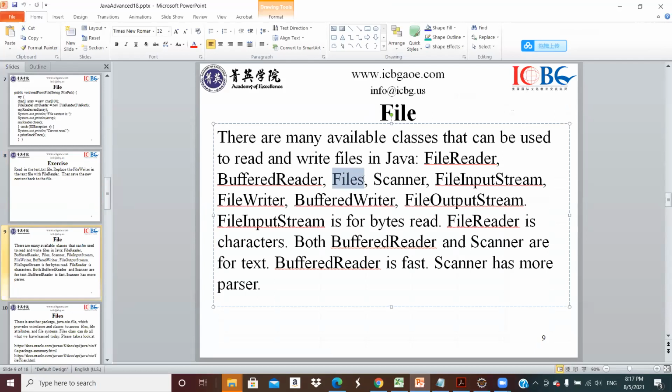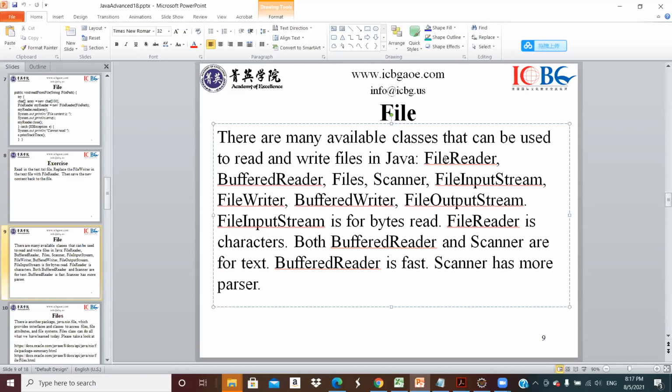We learned File, but we did not learn Files. But we touched on the Scanner, and we touched on the FileInputStream, because when you